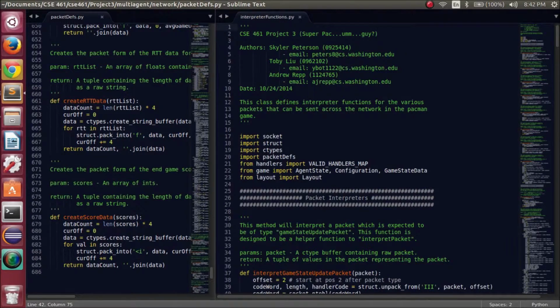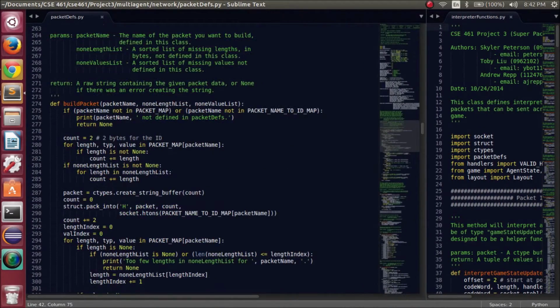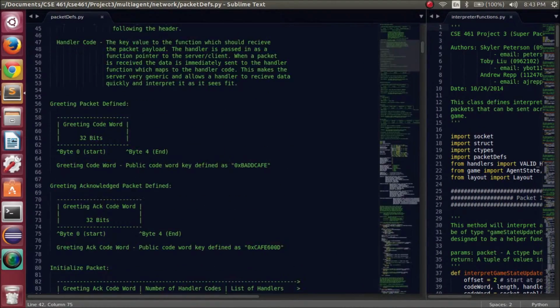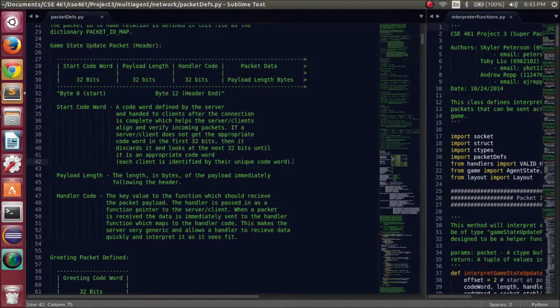First, let's talk about the code. The project was written in Python. The first thing we did was build an application layer to allow us to network. This involved defining various packet formats and packet interpreter functions. The way we chose to go about it allowed us great flexibility in adding packets later on, and gave us